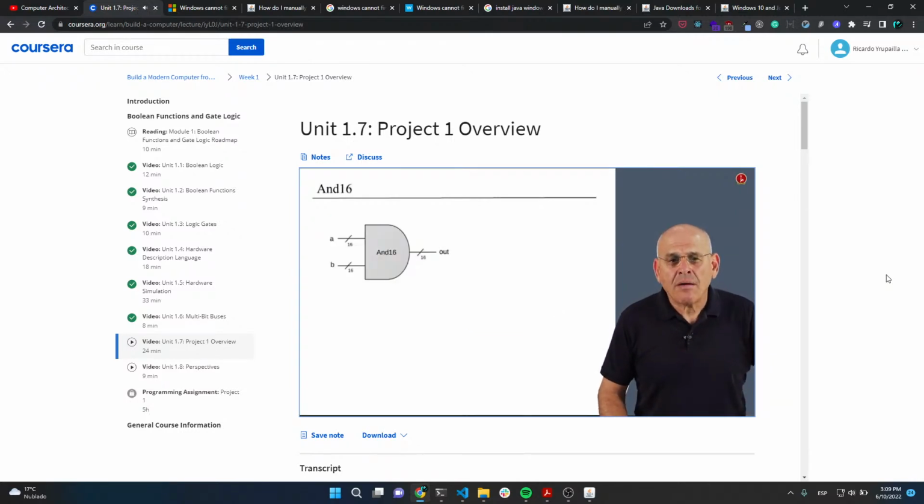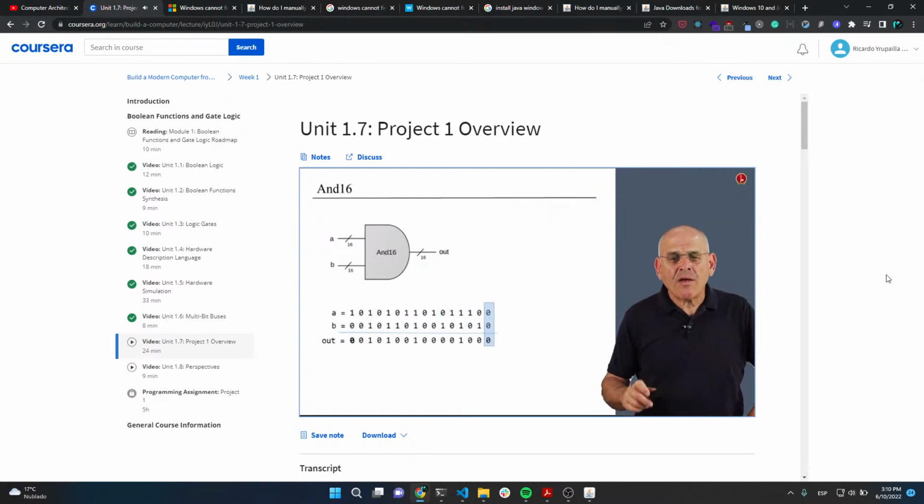And N16 looks as follows. We have 2 inputs coming in. Both of them are 16-bit buses, and we have a single 16-bit bus coming out. And basically what we have to implement is a 16-bit AND operation. So it looks like this, right? 1 and 0 should give us 0. 0 and 0 is 0, 1 and 1 finally gives us 1, and so on and so forth. We're going to get 1 if and only if both inputs are 1 in the respective index that we're